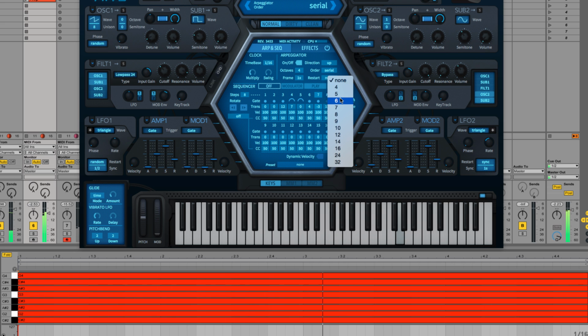Restart sets the number of notes that the arpeggiator is allowed to play before, well, restarting. If restart is shorter than the number of notes in the chord, or higher than it but not perfectly divisible by it, the arpeggio will cut off prematurely when it restarts.